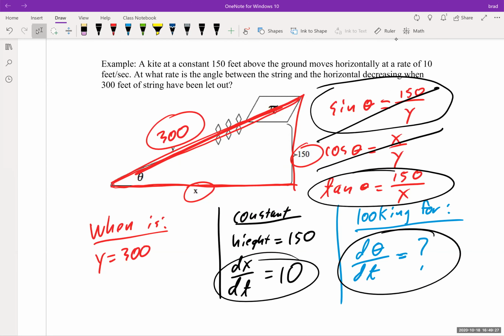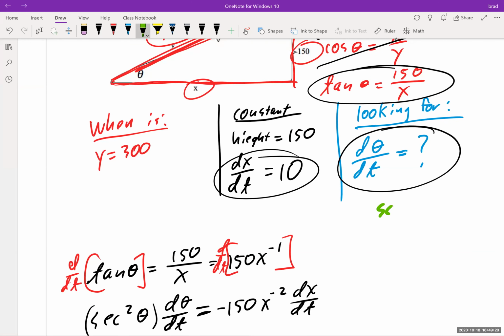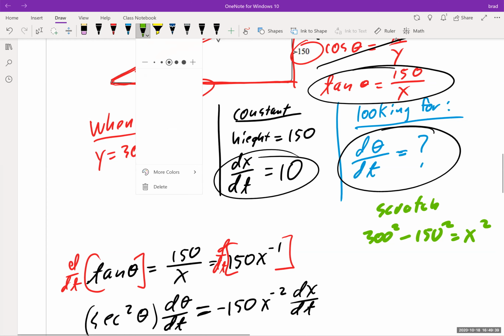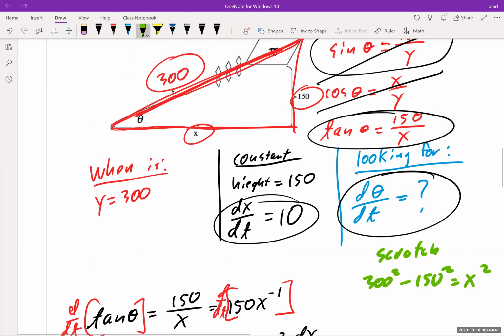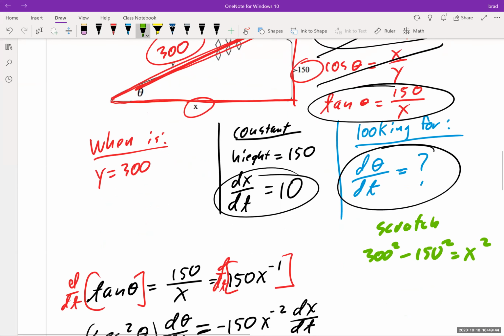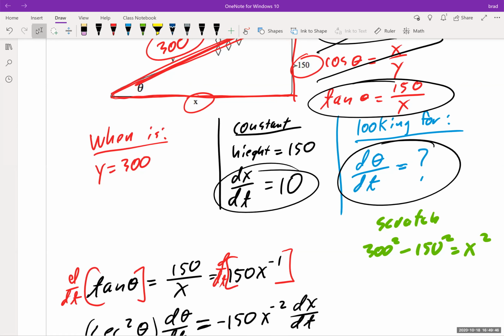So I'm going to do a little bit of scratch work. I'm going to do 300 squared minus 150 squared, and that has to equal x squared in this particular problem, right? So hopefully you guys are okay so far. Now, 300 squared minus 150 squared, and that's 67,500. So second function, square root of the answer, and I get approximately,